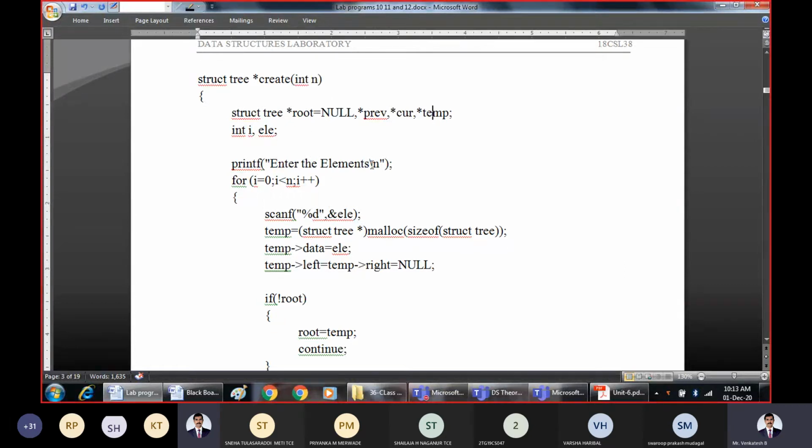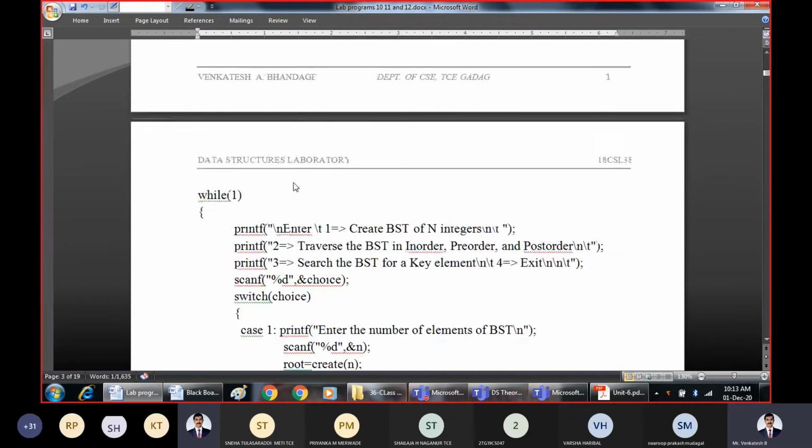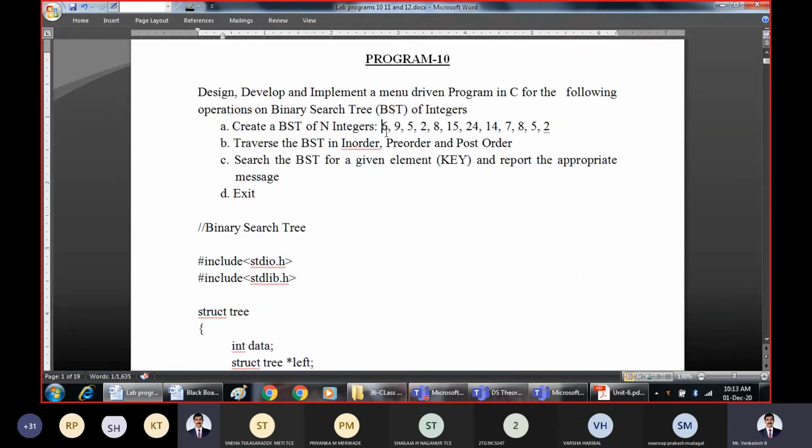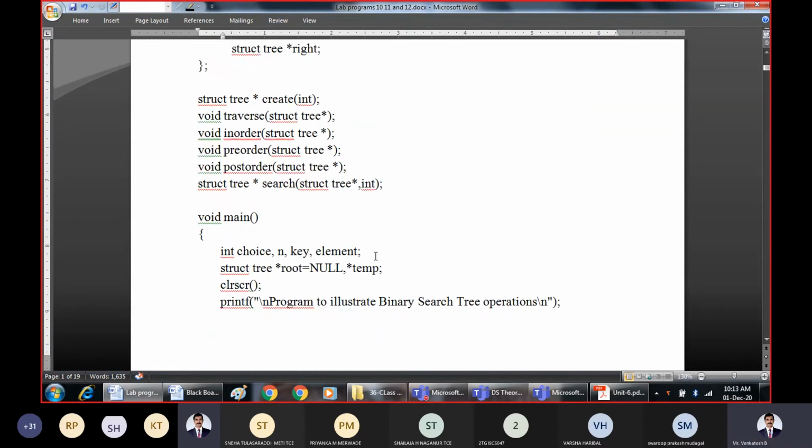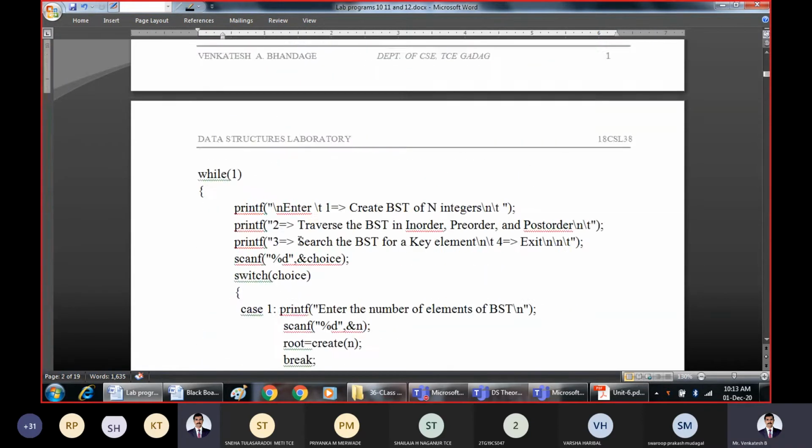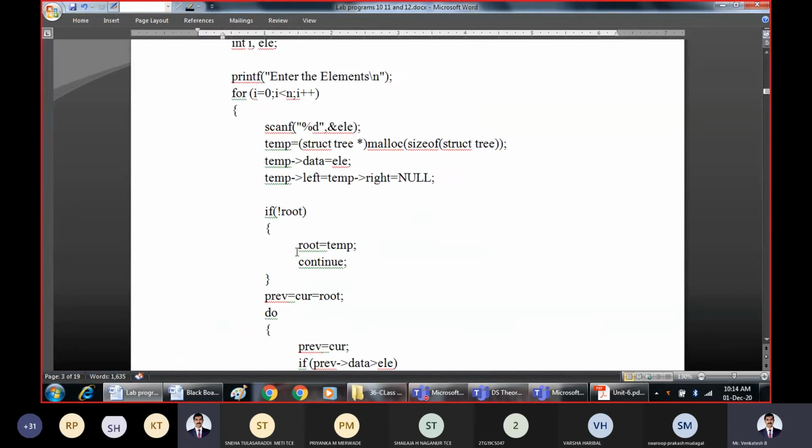Enter the elements. In this case, whatever number of elements are given to you here, for that many times you have to enter. That is, if n is 10, it will repeat 10 times. So as per this program, there are probably 12 nodes. 12 nodes are there, which means the for loop will repeat 12 times, and the create function will store each in a simple variable called element. Allocate memory for the temporary node. Make temp pointer data equal to element, and left link and right link both as null. Same here.